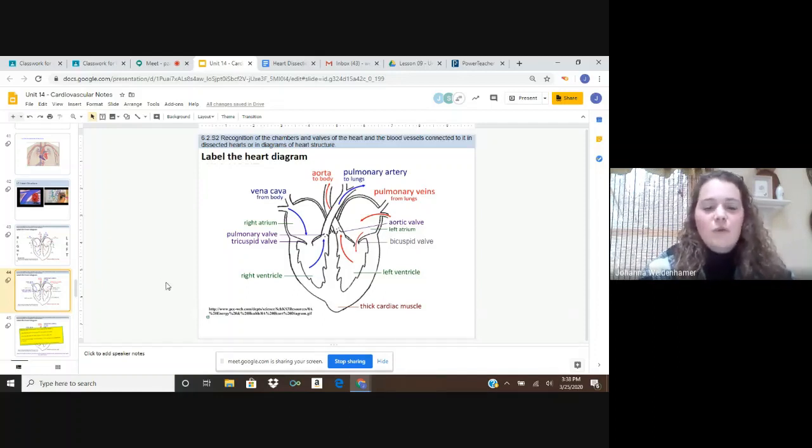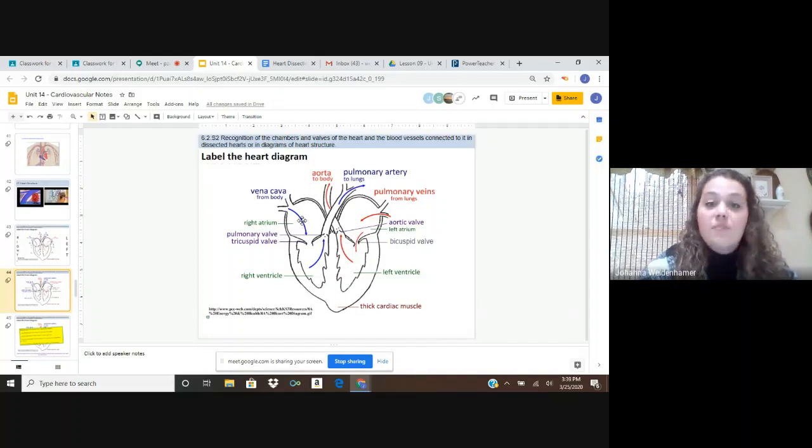So let's start off with blood coming from the body. If blood is coming from the body, we know that it is deoxygenated. So we've already dropped off the oxygenated blood and we're now coming back up into the heart. When we do that, we are going to come into the vena cava. There are two vena cava that we have in the heart. We have the superior vena cava that's coming up from here, and we have the inferior vena cava that usually, in this diagram, shows right here, but sometimes you can also see it in a diagram coming up from the body. So you're going to start off with deoxygenated blood from the body coming into the heart from the vena